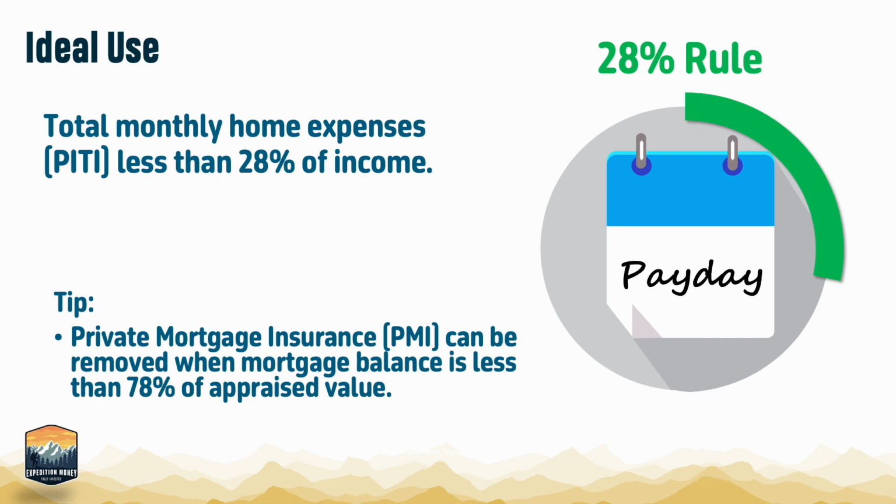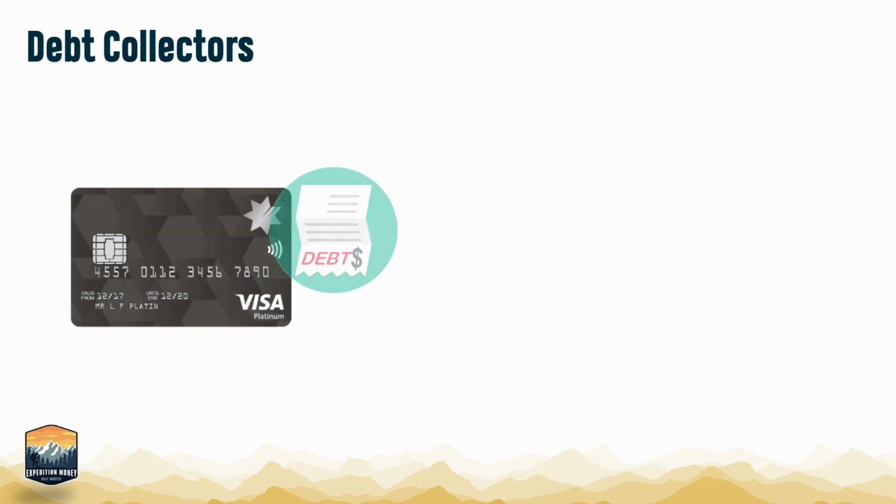So, if you've been paying off your loan faster than you expected, or if you think your home has appreciated significantly in value, you can contact your mortgage company about getting that removed. So we've now covered the main consumer debts, and hopefully you've gotten some ideas to pursue. But I promised you that I'd discuss debt collectors too, because you may be dealing with some right now.